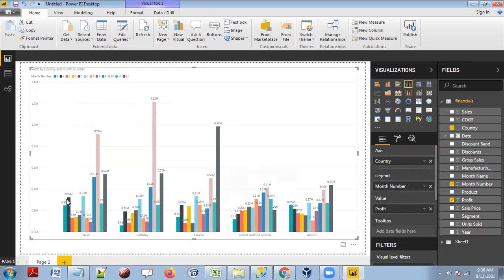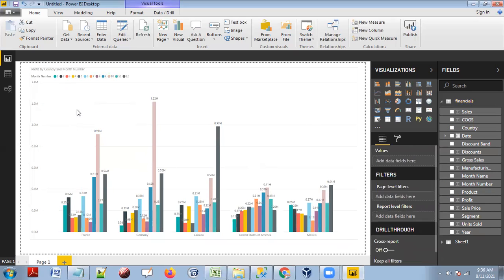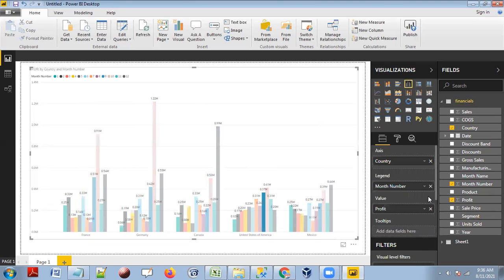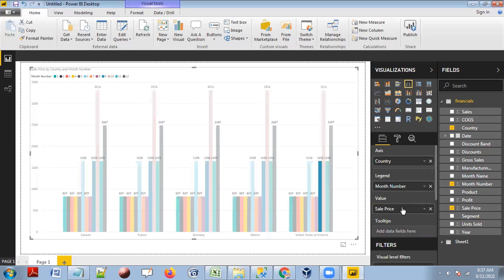Okay. And suppose if I want to see this, now here the problem is we can't add one more legend, guys. That means one more dimension. These are the 2 dimensions of data we are representing in this. And now can I add one more value here? No, guys. If I want to add, let's say sale price, it will not take. See now, either you can put a profit or sale price, but not both. We can't put both.